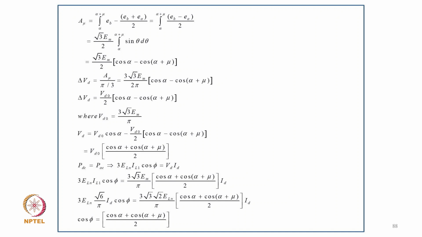minus alpha plus mu, and delta Vd equal to Vd0 in bracket cos alpha minus cos alpha plus mu, where Vd0 equal to root 3 Vm upon pi, and Vd equal to Vd0 cos alpha minus Vd0 by 2 into cos alpha minus cos alpha plus mu, and equal to Vd0 times cos alpha plus cos alpha plus mu by 2, and Pd is equal to Pac, and 3 Vn IL1 cos phi equal to Vd Id, and 3 Vn IL1 cos phi equal to root 3 Vm upon pi in bracket cos alpha plus cos alpha plus mu by 2 into Id, and